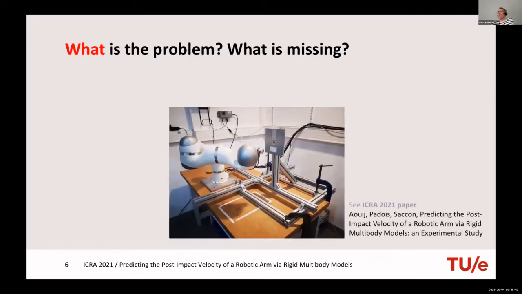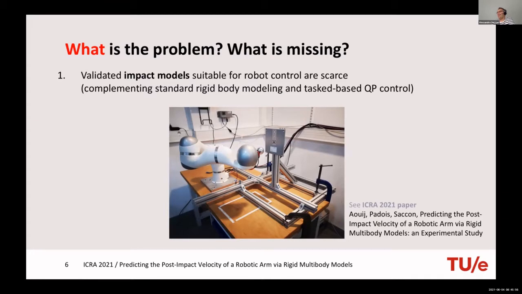So what are the things that are missing? One thing is, for example, validated impact models. If you want to exploit impacts, you should figure out what happens when a robot makes an impact with the environment. Depending on the impact configuration and pre-impact speed, you would like to have a prediction of where the robot will end up.